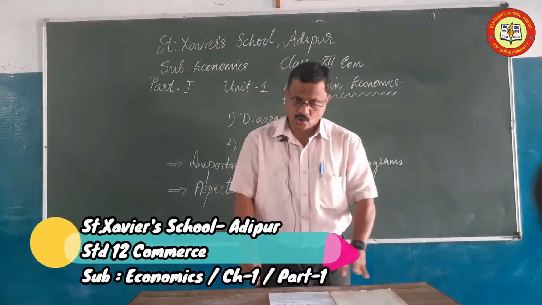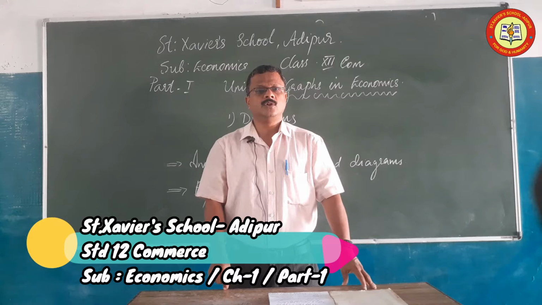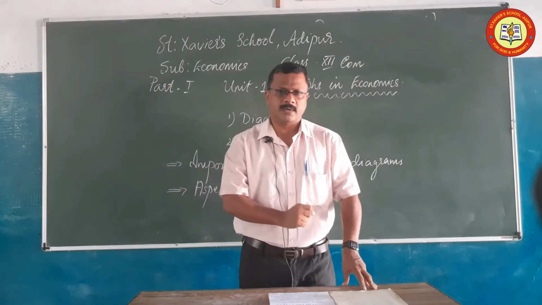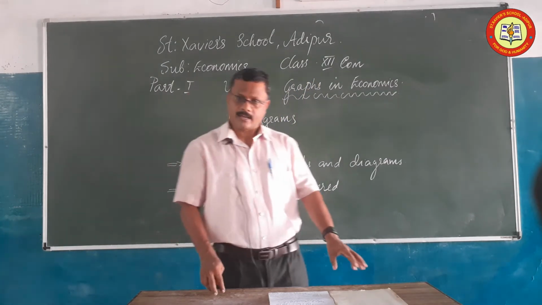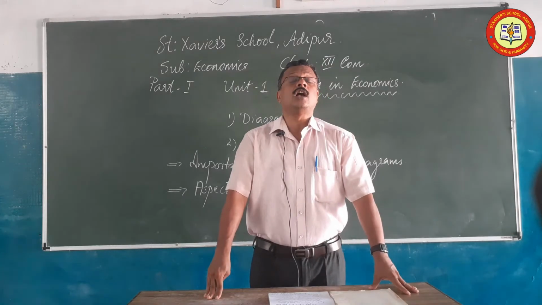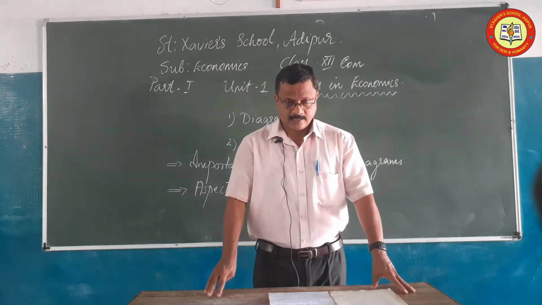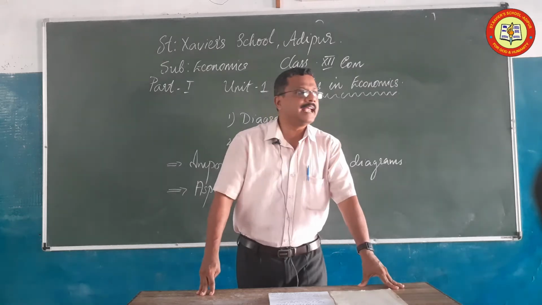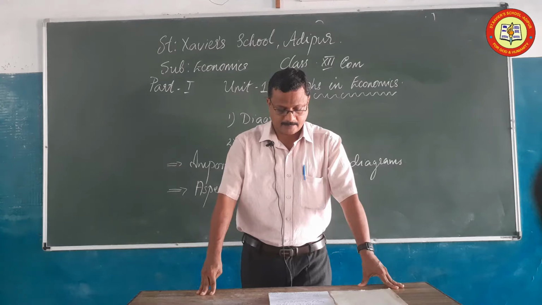First of all, choice. What is meant by choice? We have to make the appropriate choice. That means either we have to decide diagram or graph. Second one is clarity. It has to be very neat and clean. Third point is scales and measures. The scales and measures are to be taken in accordance with the data.